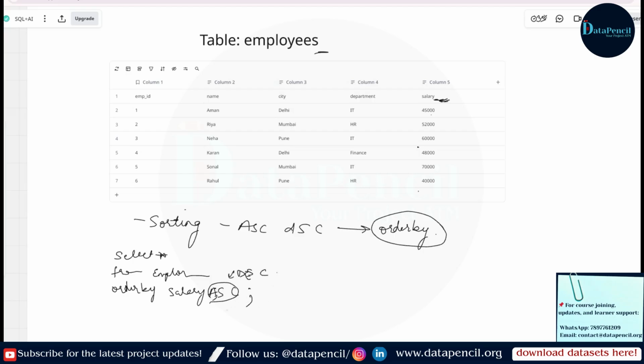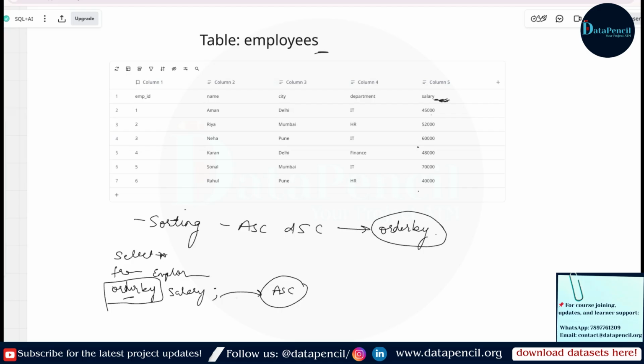If we haven't written anything, if it is simply like this, it means by default it is in ascending order, correct? So to sort the data in ascending or descending manner, we will use ORDER BY.